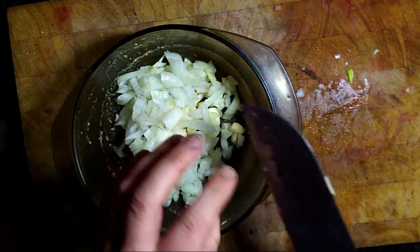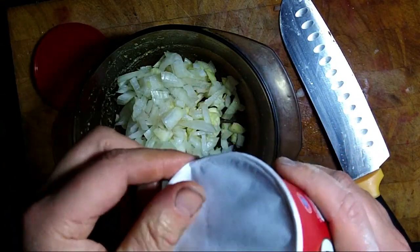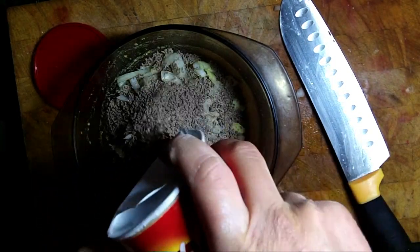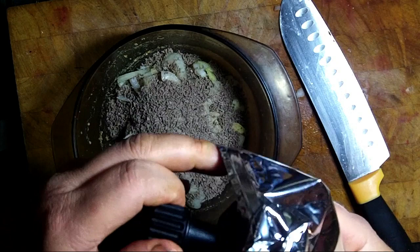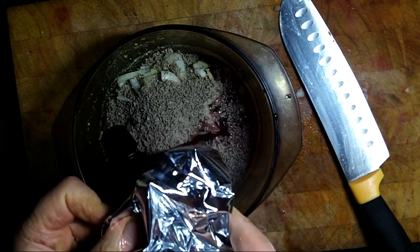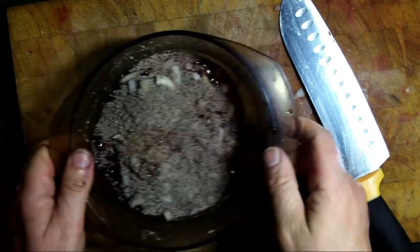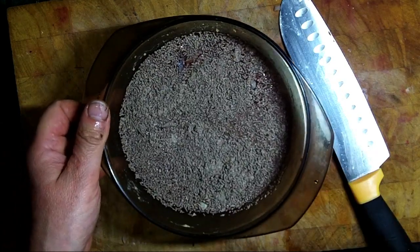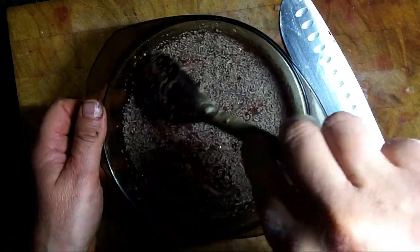Into that I'm going to put some gravy powder. You could use stock cubes instead. I'm going to make quite a lot of this. And I'm also going to add some red wine, which makes the sauce nice and rich. That should do. Oops. Then I'll add some water as well and microwave it. As usual, I'm not going to give you exact quantities of anything. Just try a little bit of water to start with, and the same with the wine, and add more to taste